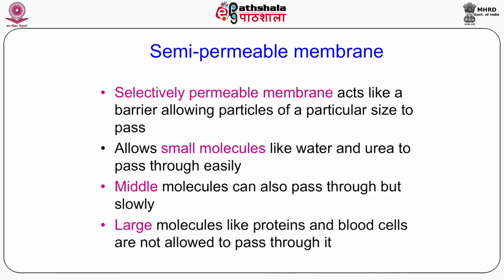Now, as the name suggests, this membrane is permeable to certain substances while impermeable to others. For hemodialysis, the membrane that we use is permeable to small molecules like water and waste products like urea and creatinine, ensuring effective removal of these across the semi-permeable membrane, while it is impermeable to large molecules like proteins and blood cells, thus ensuring that the patient does not lose proteins and blood cells during the process of